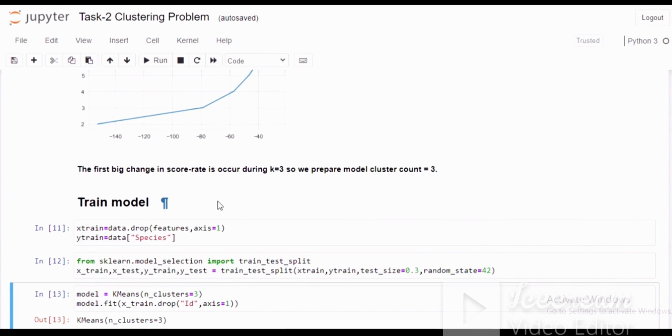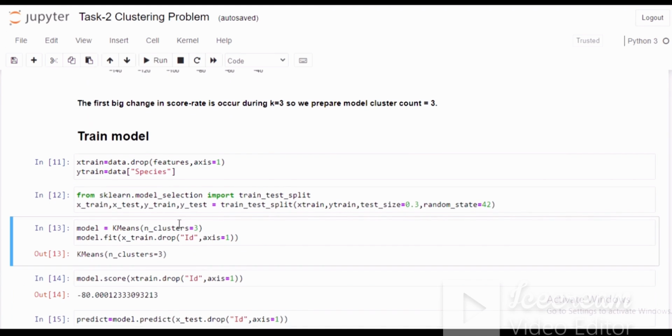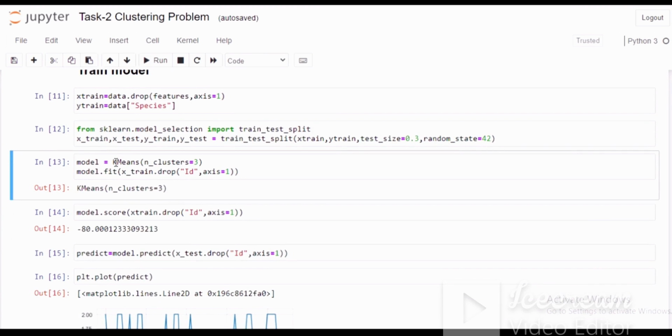Now we move towards the training of the model. For this we drop some features like species, which is categorical data, and the ID data, though we drop ID during the fitting. For the splitting of the data, we use the train_test_split module, and after this we move toward the model clustering.